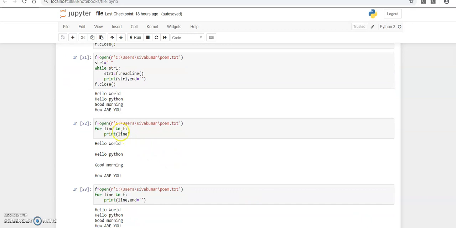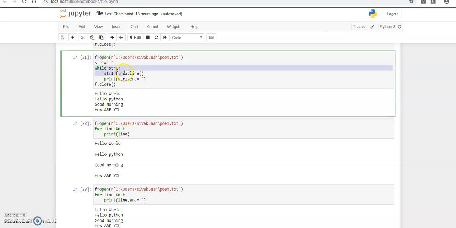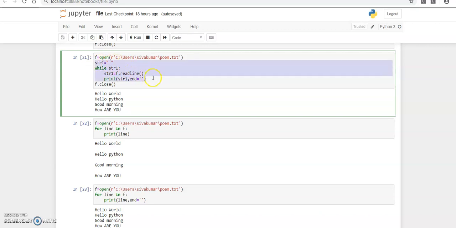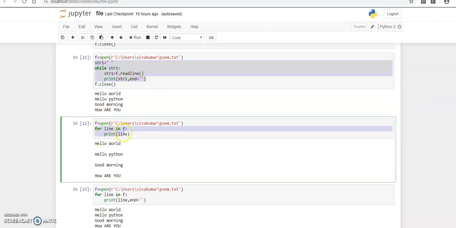Then using a for loop, all the lines are stored in your file handler. From the file, with the help of the file handler, we are reading line by line, and each line will be printed. If you use a while loop, you have to initialize the variable and give it like this. But if you are using a for loop, it takes only two statements, so it's better to use the for loop here